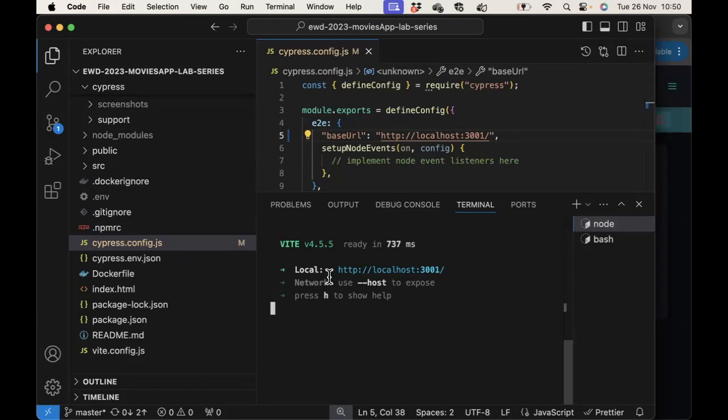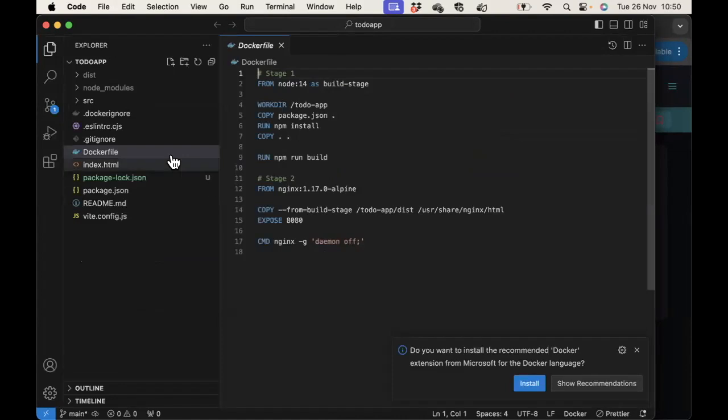And the web server that we happen to be using for the to-do app is Nginx, and we've come across Nginx before, because if I go back and look at the Docker file for my to-do app, you can see that it's using Nginx. But I've got to supply my Nginx web server with a static version of my React app. And so how do I create a static version of my React app? With Vite, the way you do that is,